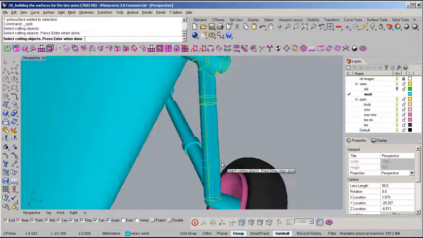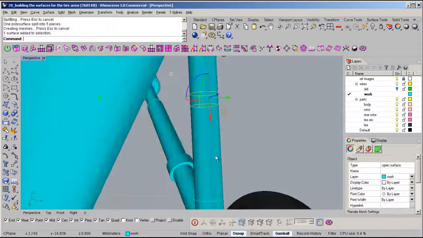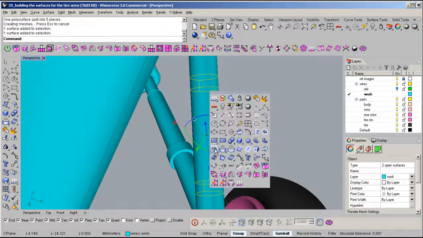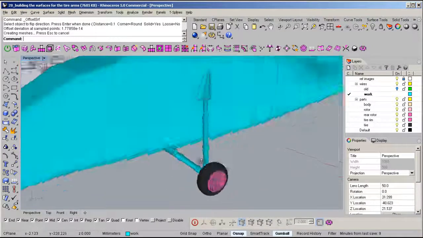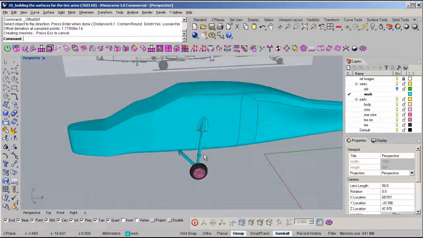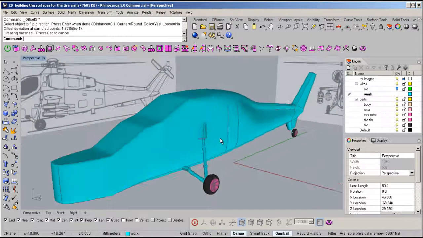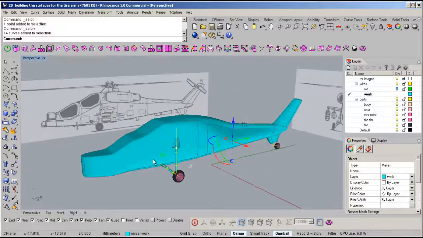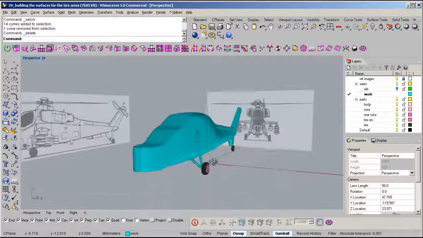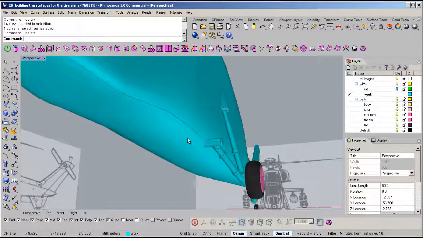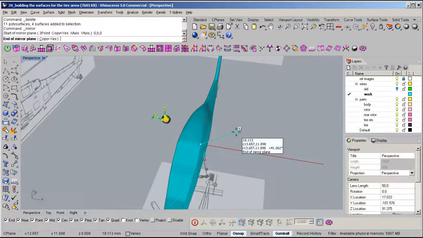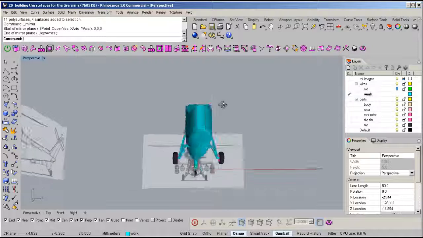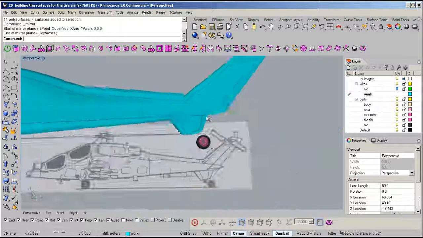Let's split this with these four curves. We'll take these two and offset them out the same. It looks pretty good actually. Select all the curves in the front and deselect the one in the back and delete it. I'm quite happy with it. And we can take these and mirror it to the other side as well. Very nice. And for the rear,